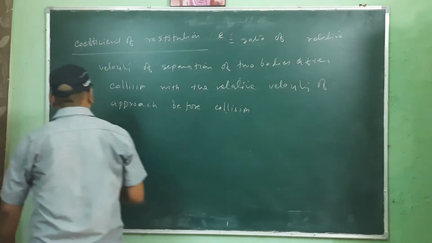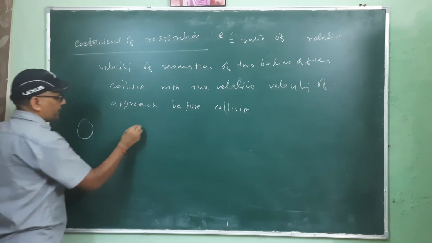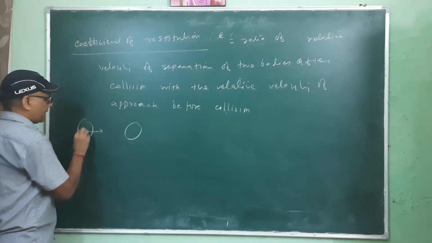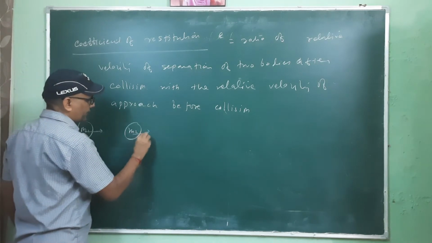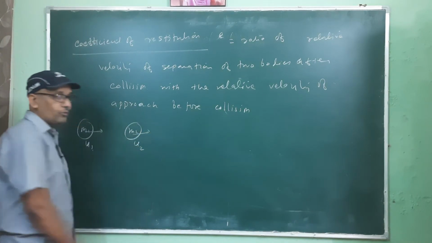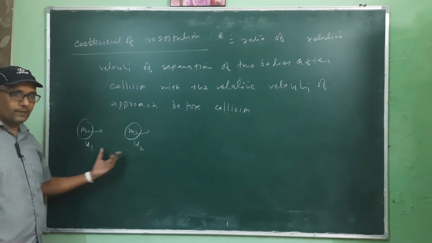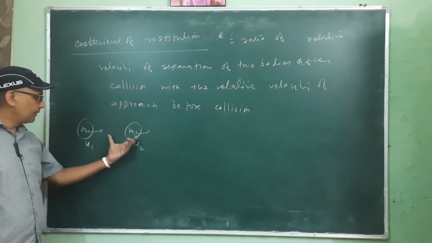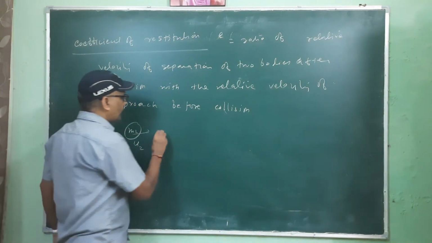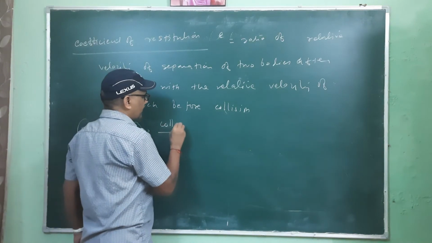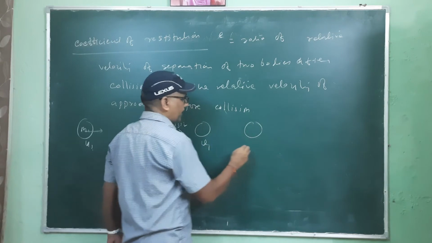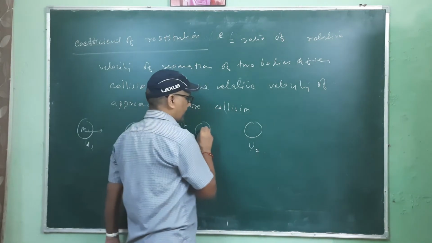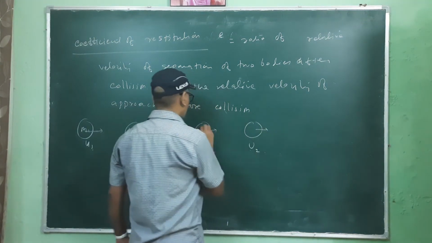So we have two bodies. This is one body, and this is another body. They are moving with initial velocities u1 and u2, with masses m1 and m2. The relative velocity is the difference between them, and it is approaching. After collision there is a separation. So this is now v1 and this is now v2, and this is mass m1,